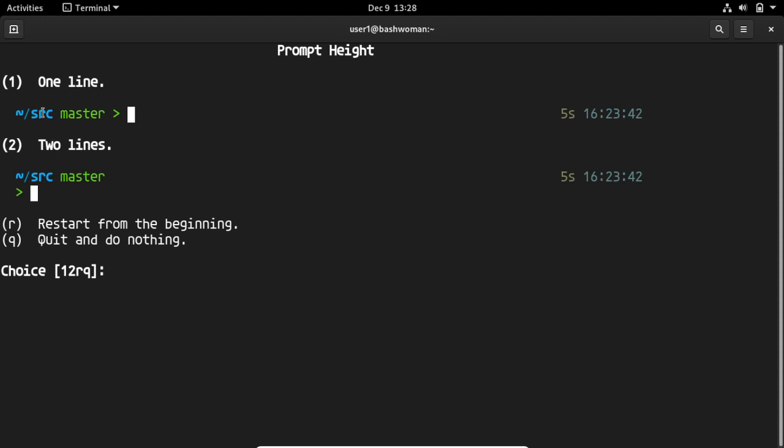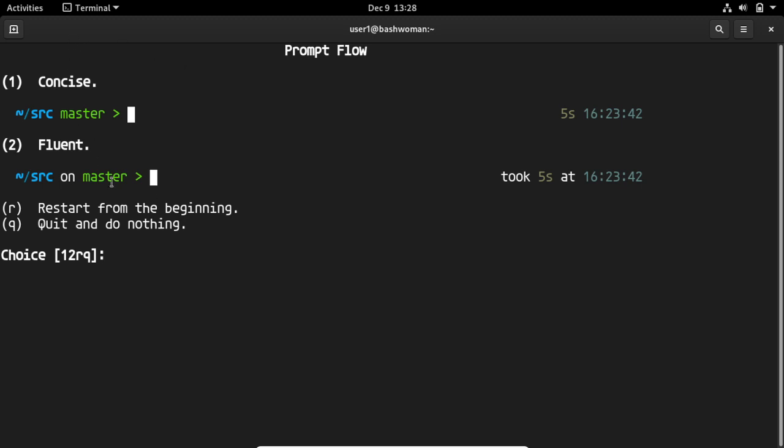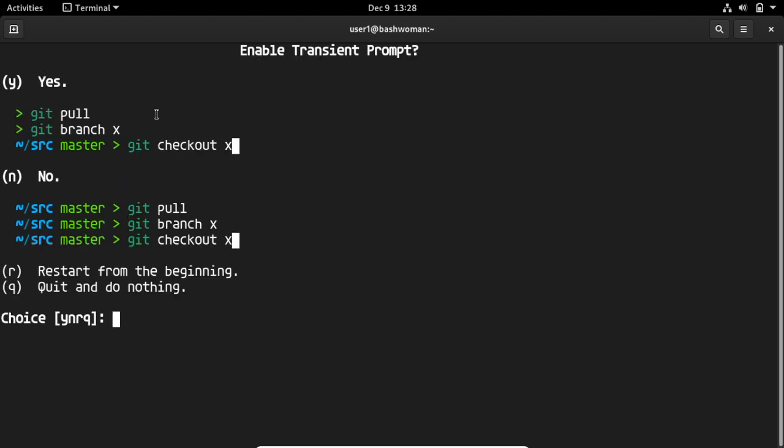So it's the configuration of our shell, what it will look like. I'm just choosing it for myself. You can always customize it according to your need.